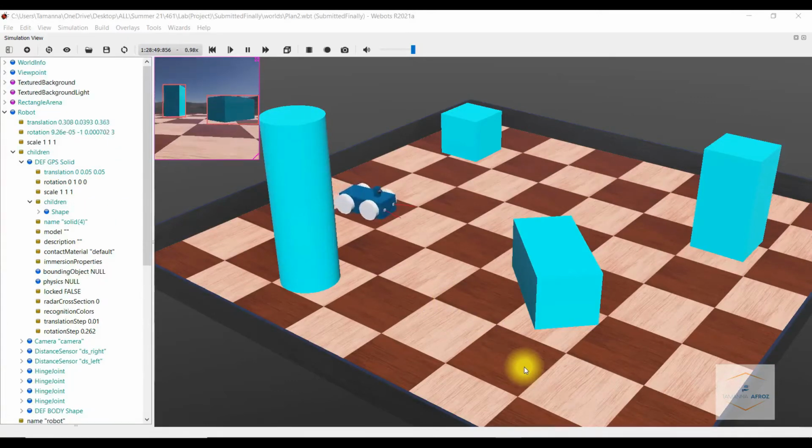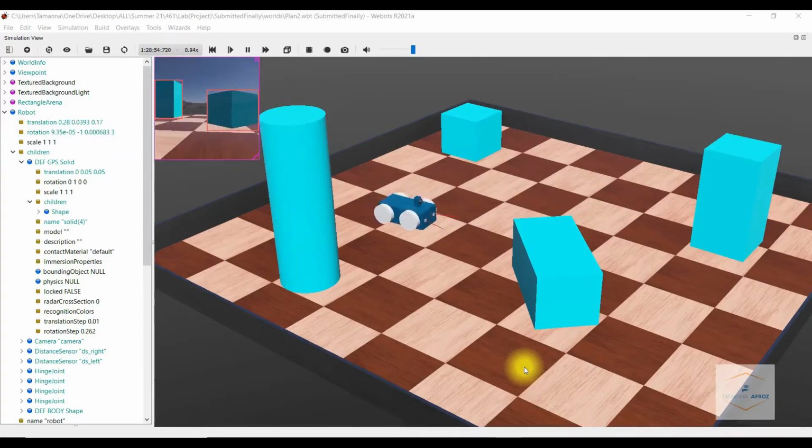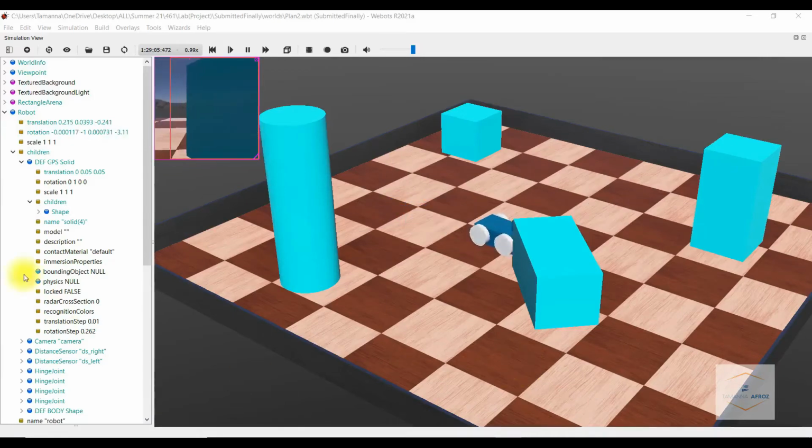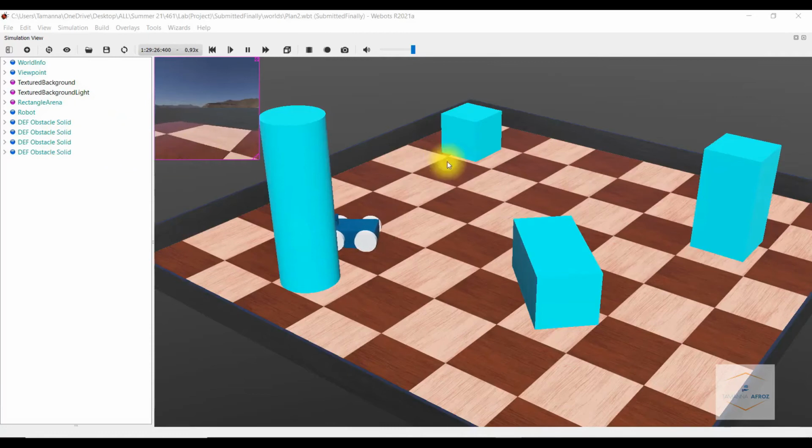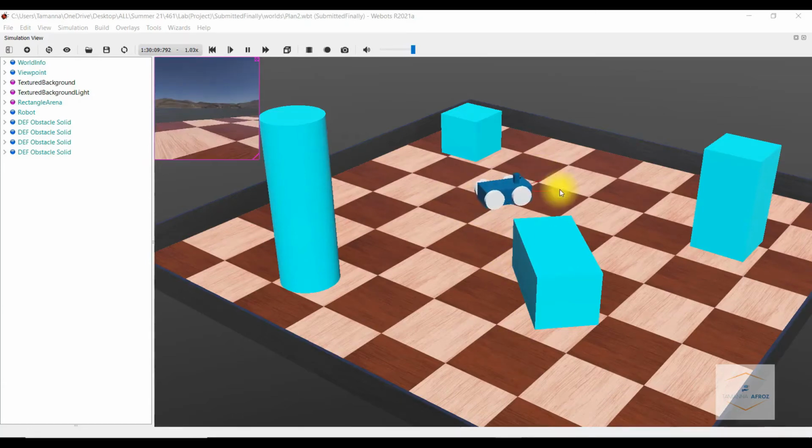Then for the GPS, I added GPS under children of robot and gave appearance and geometry under shape of children, which is under solid of children, and changed the translation, rotation, and scale. You can see here that finally, for giving a few obstacles, I added four obstacles as they will be needed later and gave physics and collision to them. As you can see, the body turns around in another direction when it comes in front of an obstacle. Now the latter part is made by my group mates, which will be described now. Thank you.